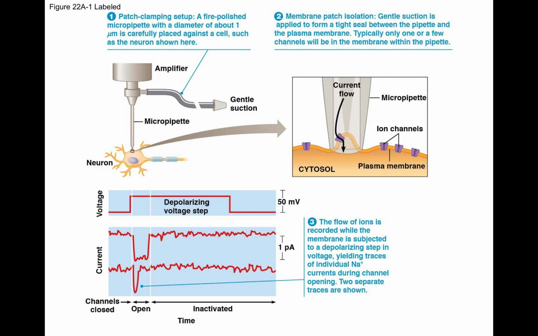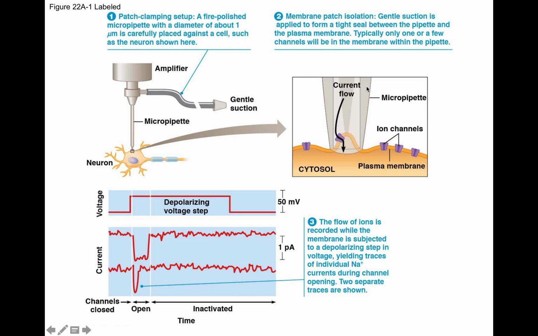A common bread and butter experiment that neurobiologists do, and Dr. Renner's lab does this, is, in fact, if you get a chance to talk to Matt, one of his students, he's doing this routinely. It's something called a patch clamp, where instead of trying to record from a whole cell, you're trying to record from just a single channel in the cell membrane, that is, in a patch of the cell membrane.